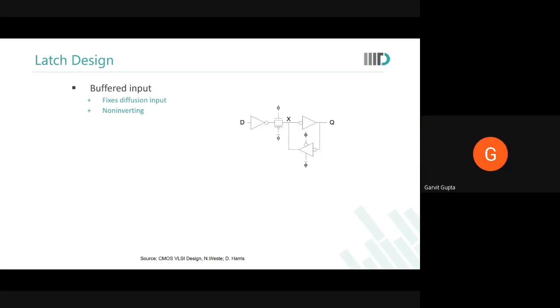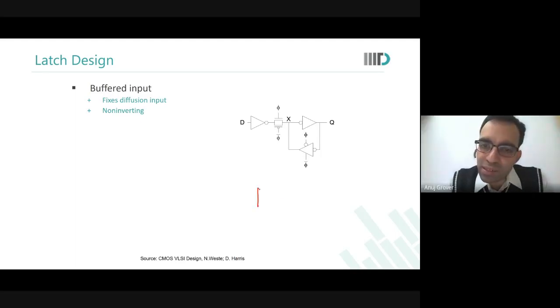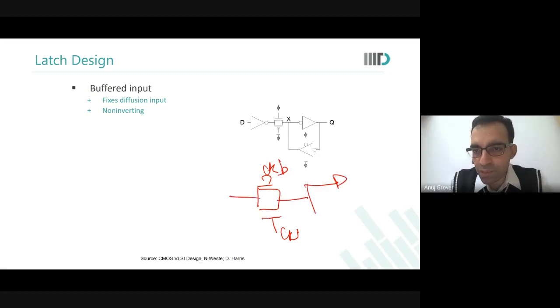So when we were putting the feedback, the other person said that we can just put an inverter and a transmission gate. My doubt is, why are we even putting a transmission gate there? We can have a single inverter in the feedback loop. Okay, let us consider that. So I have CK bar, CK, and I have this inverter and I have this latch over here, this inverter over here.